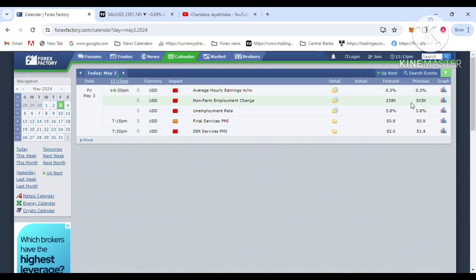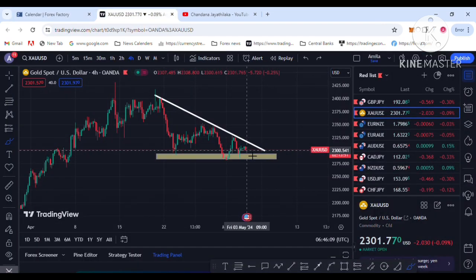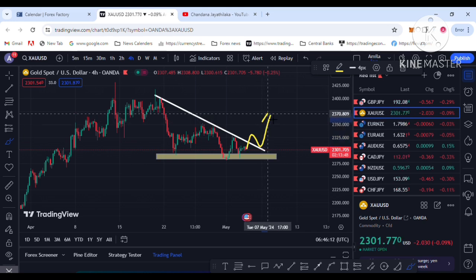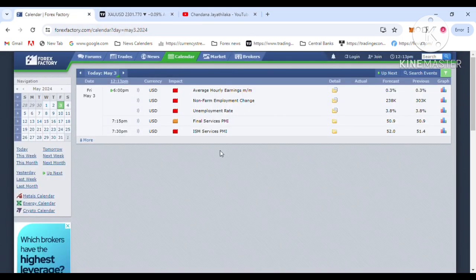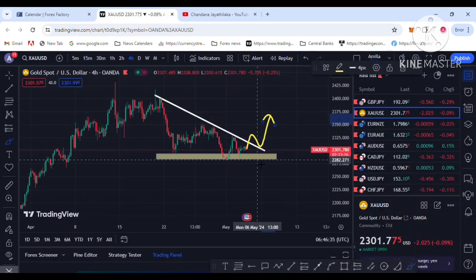The other side is if the NFP data drops below 238, to 220 or 200 like that, and the unemployment rate increases to 3.94% like that. That is not positive for the dollar, it has a negative effect, the dollar sells off and gold demand goes to the upside. That is my other picture that you should watch. Average hourly earnings is also 0.3%, and the ISM services PMI is 51.4, and the Fed expects a 52 increase. You should watch that too.